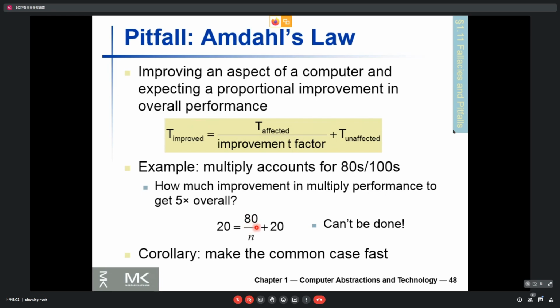And how much faster do you need to make your multiplication? I don't know. And plus the remaining part is the part that you cannot improve. All right. So if you want to solve this, n needs to be infinite, n 要无限大。所以做不到嘛，做不到。